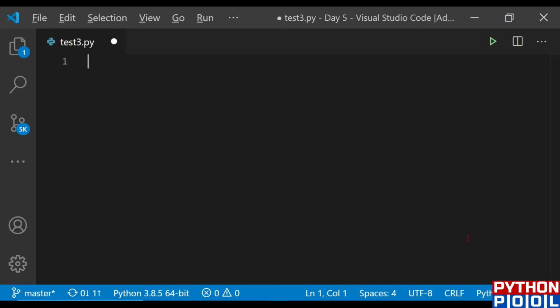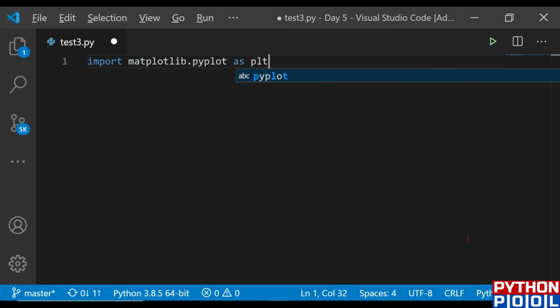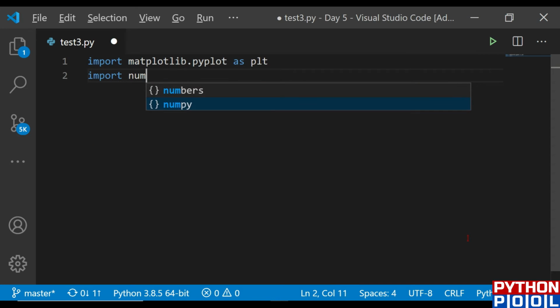I've coded one empty file and I'm ready to start with the program itself. Let me import the required packages. Import numpy also, and after importing the packages, let me call the figure function.